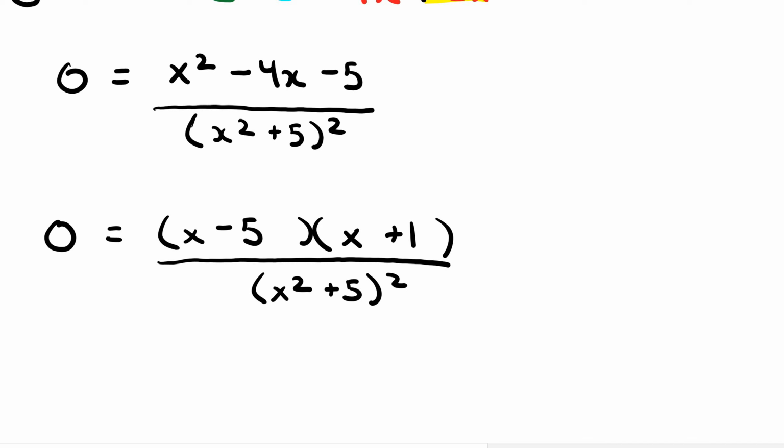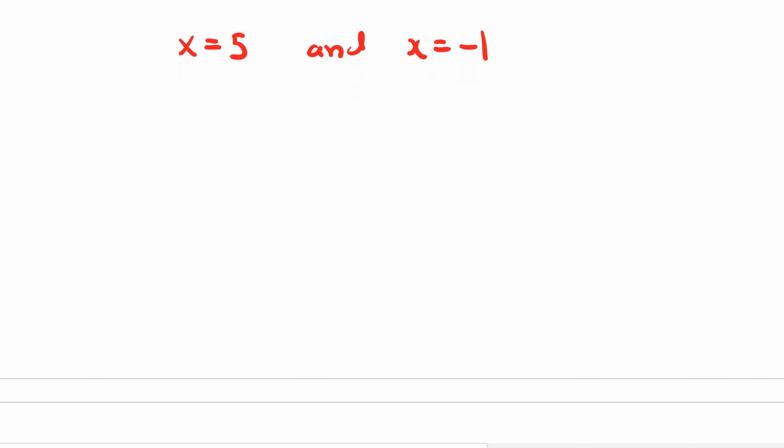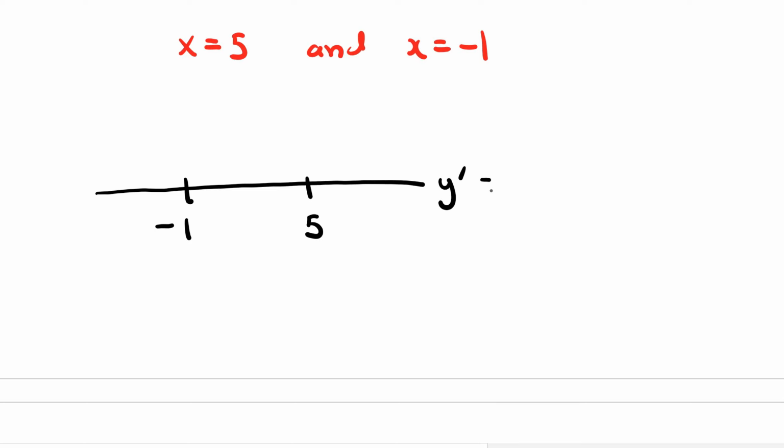Okay, so in order for us to find the critical points, this happens when the derivative equals 0 or when the derivative is undefined. Well, on the bottom here, this never equals 0, so the derivative is never undefined. And if I take a look at this expression, I know that the critical points are x equals 5 and x equals negative 1. Okay, so from there, I guess we can create another number line here. And I can put the negative 1 there and a 5 there, and this is y prime equals